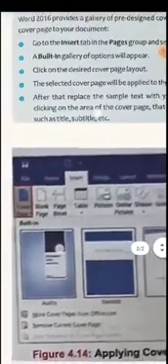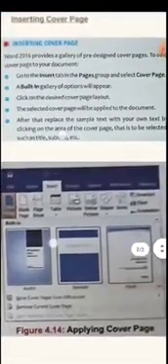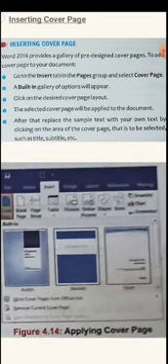So this is how you will be inserting your cover page. The selected cover page will be applied to the document once you select it, and you can replace the text also.